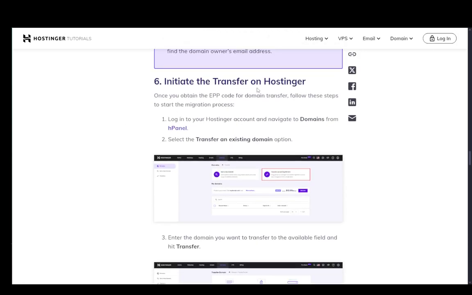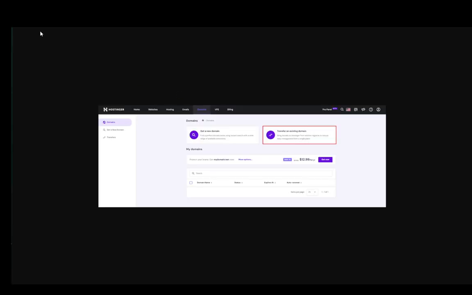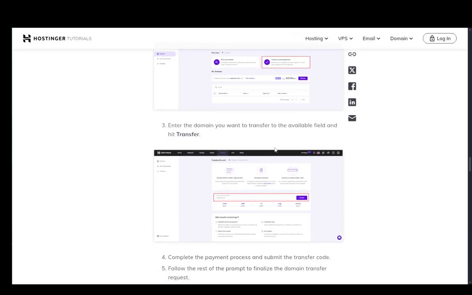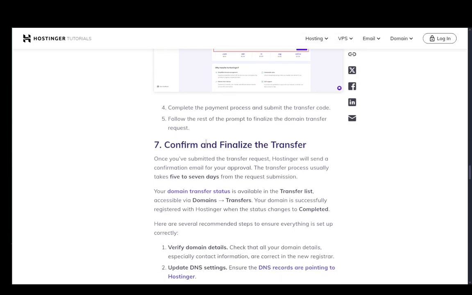Then you're going to need to initiate the transfer on Hostinger by logging into your account, going into HPanel, and then selecting the transfer an existing domain option, which looks something like this. And then you're going to enter the domain you want to transfer in the available field and click transfer, complete the payment process and submit the code, then follow the rest of the prompts to finalize the domain transfer and